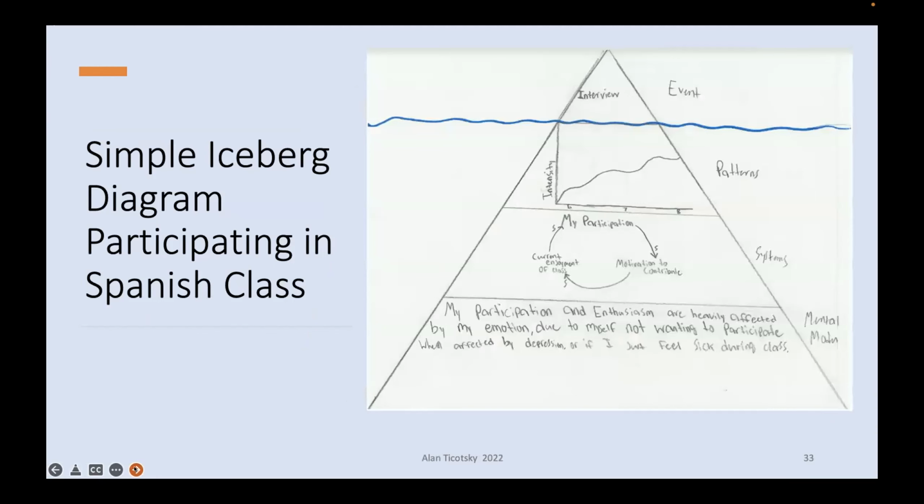In Innovation Academy, some of the students used other areas of their studies, and they were used to using the iceberg diagram. I just have 2 quick ones to show you of students learning Spanish, and as they're learning a different language from English, they're anxious about using it. So the teacher has them do interviews. That's the event up there, and as they go along in their years,